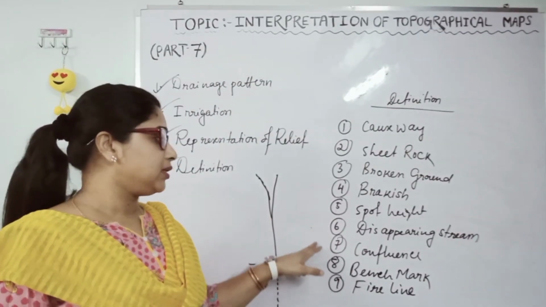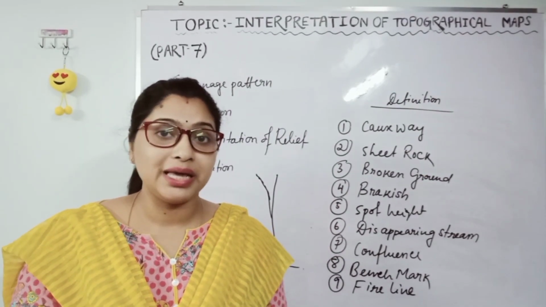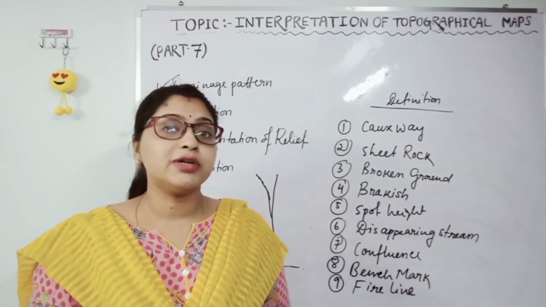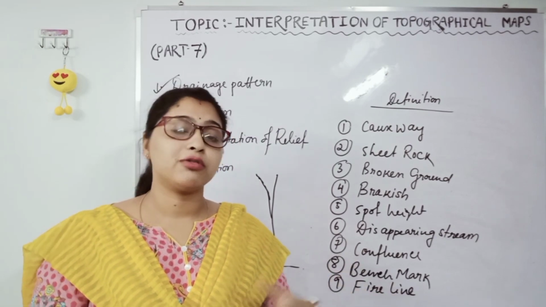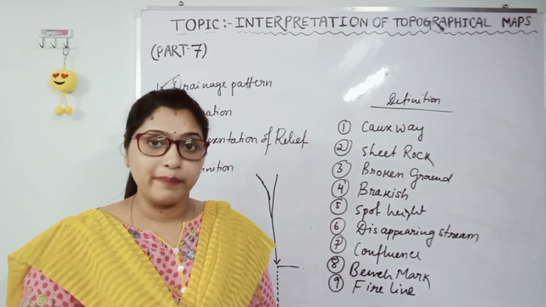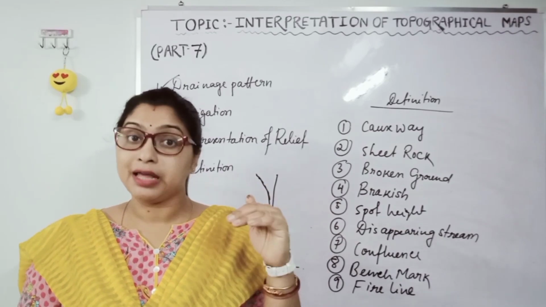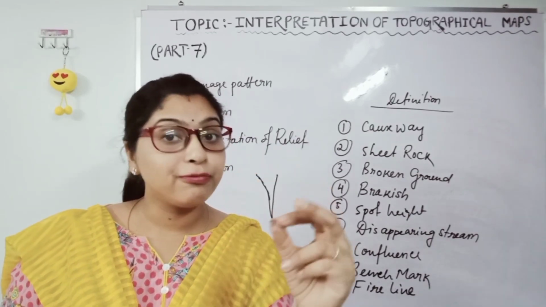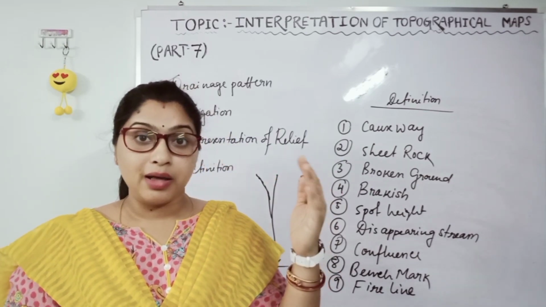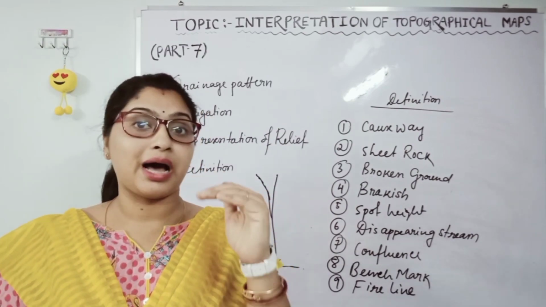Okay, next point I will tell about is confluence. Confluence means where two or more rivers meet. Confluence is basically a doab area where two rivers meet. Many streams meeting the main river, that is the confluence area. Next is benchmark. A benchmark shows the exact height above sea level, marked on a stone or on a building. Sometimes by seeing the benchmark you can easily know the actual height above sea level.